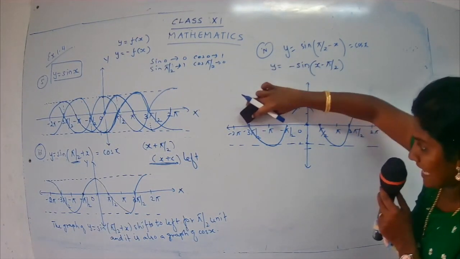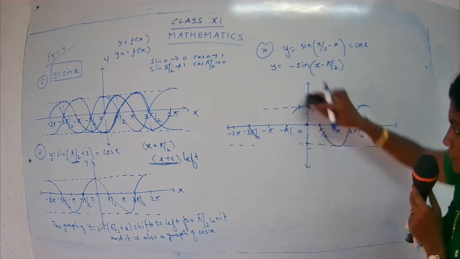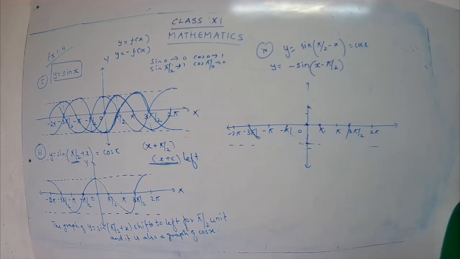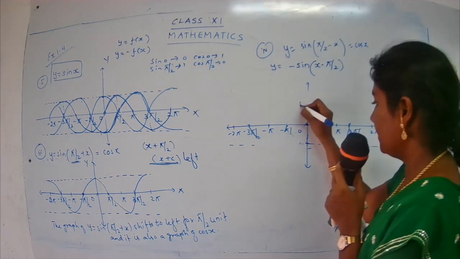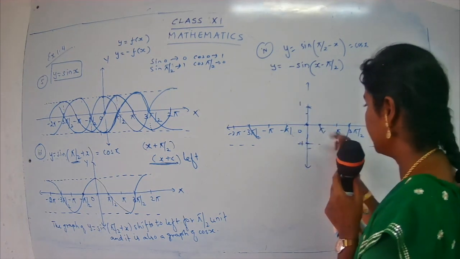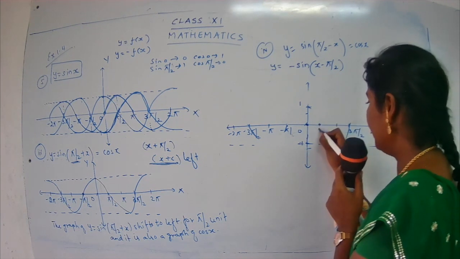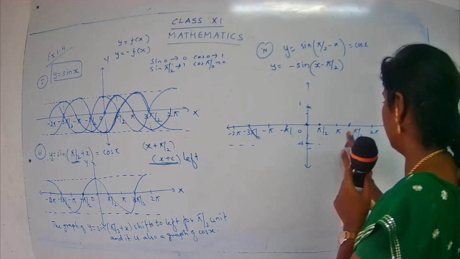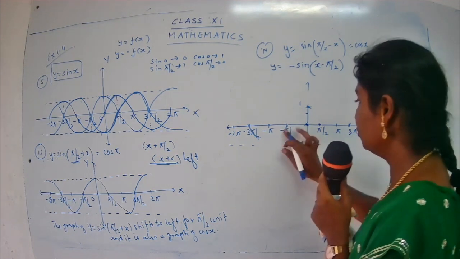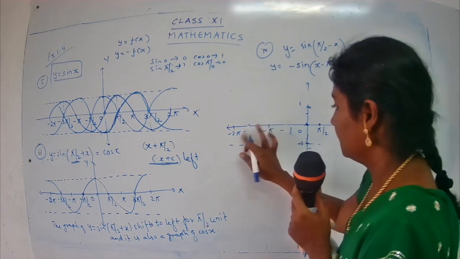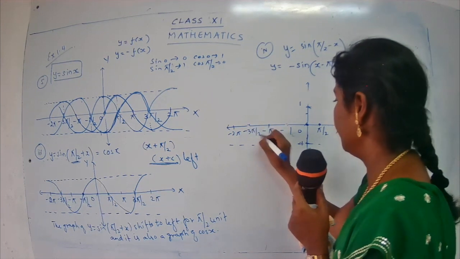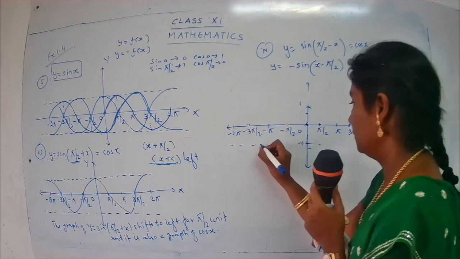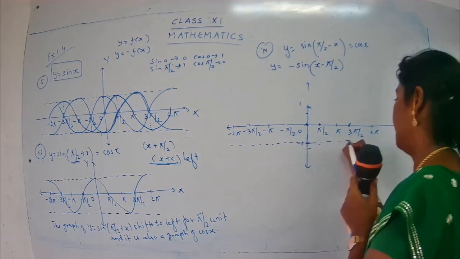Just listen to me. We'll have one more step before we do this, so that you will be clear with the concept. Same thing, here it's 1, here it's minus 1. Okay children? So don't do it directly, we'll have a step. Okay, 3 pi by 2. We'll do 2 steps over here. Minus 3 pi by 2. And here it's minus pi by 2.